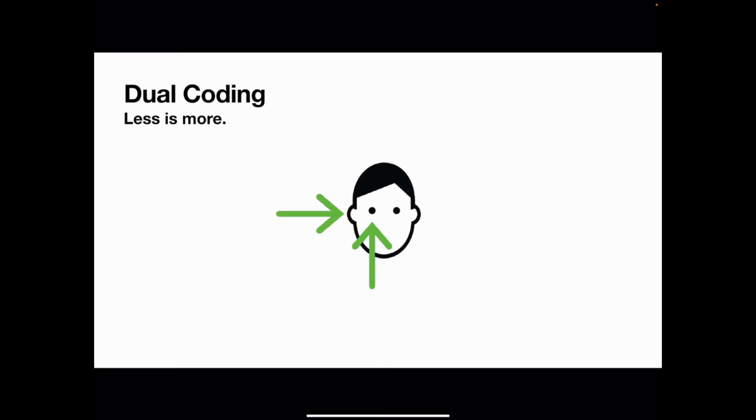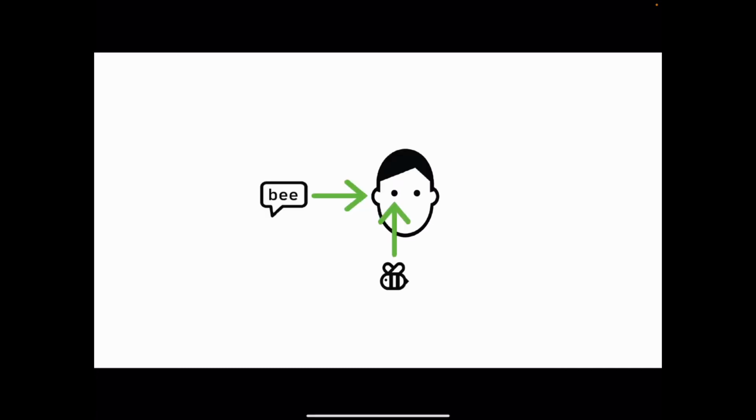Okay. All right, the next thing I'm going to talk quickly about is dual coding. Okay, and this is the idea that we're receiving information through 2 channels. So we're seeing things and we're hearing things. So that's the dual kind of idea. So if I present this picture and I say bee, okay, you are receiving that information in 2 ways. You are seeing the picture of the bee, it's going in your eye, okay, and you are hearing the word bee through your ear,